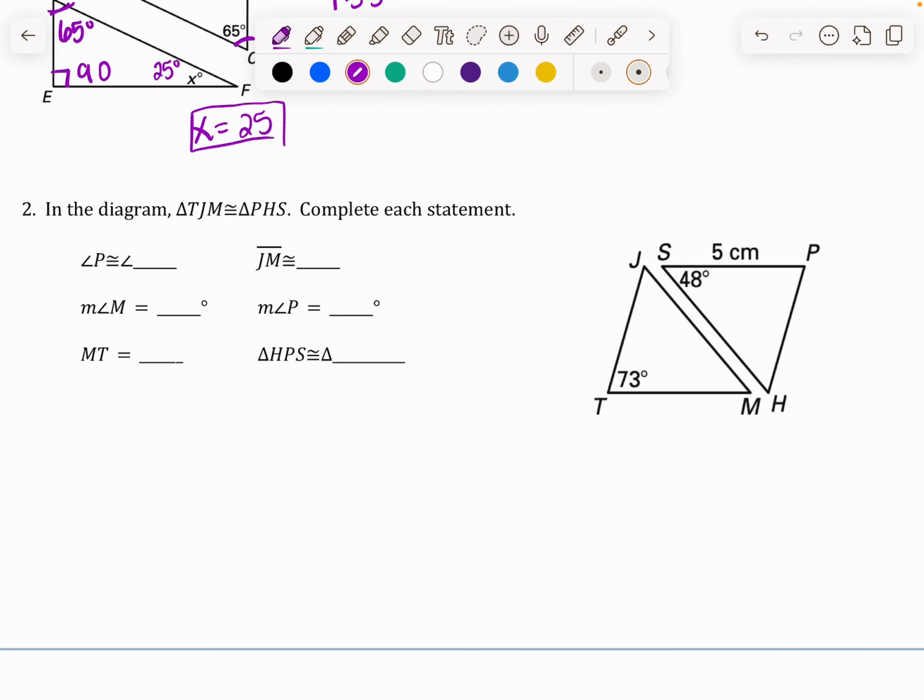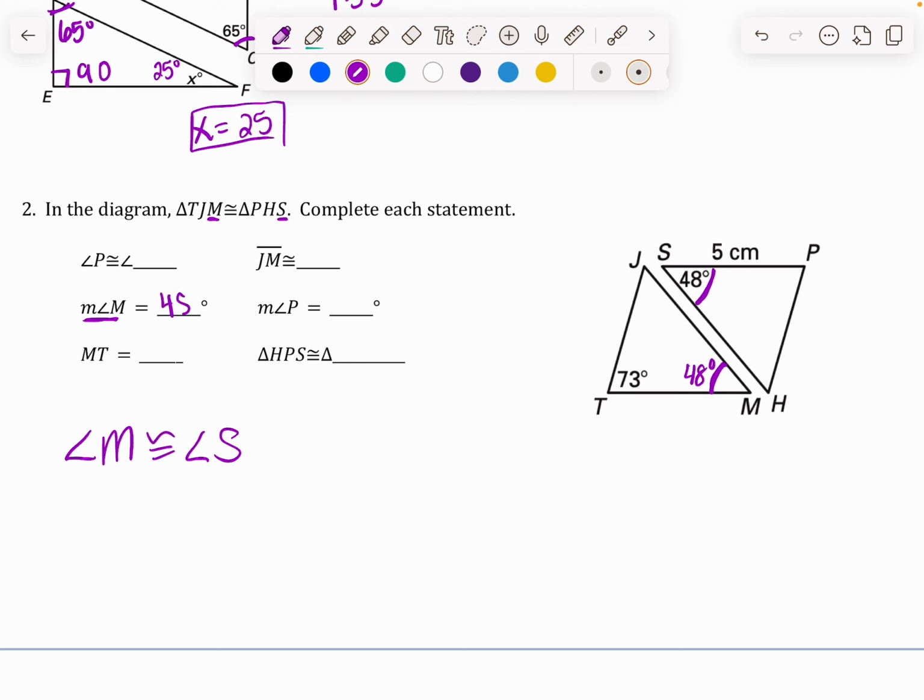So in this diagram, we have triangle TJM is congruent to triangle PHS. So just using this congruency statement, I can match up some of my angles. If I look at angle M, I know that that's going to be congruent to angle S. So I could say that angle M is congruent to angle S. And then remember, if it's measure of angle M, that means I want the degree measure. So angle S and angle M are congruent, and S is 48 degrees, which means that this would